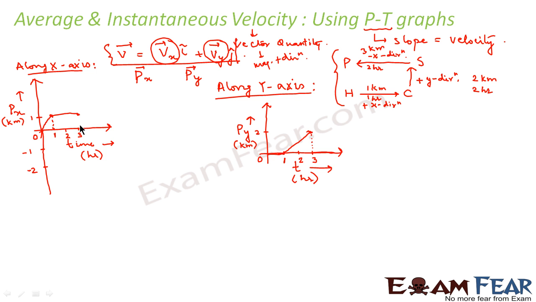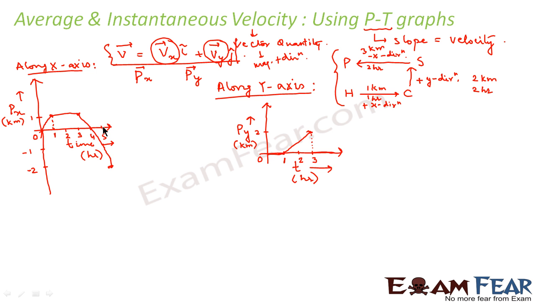So let us try to see. This is 1 kilometer, 2 kilometers, 3 kilometers. So this point in 2 hours again. That means if this is 4, this is 5, then corresponding to this point, it should travel till here. So if we join this, this is how the motion will look when we plot the position time